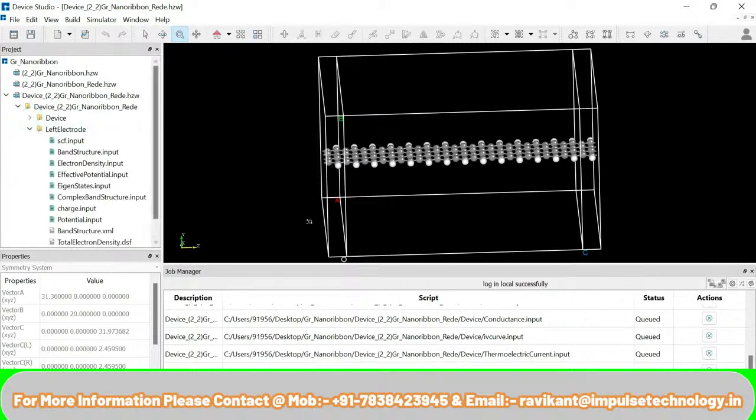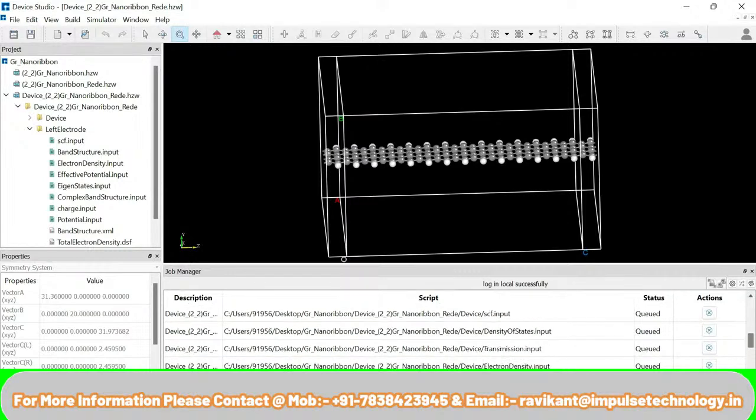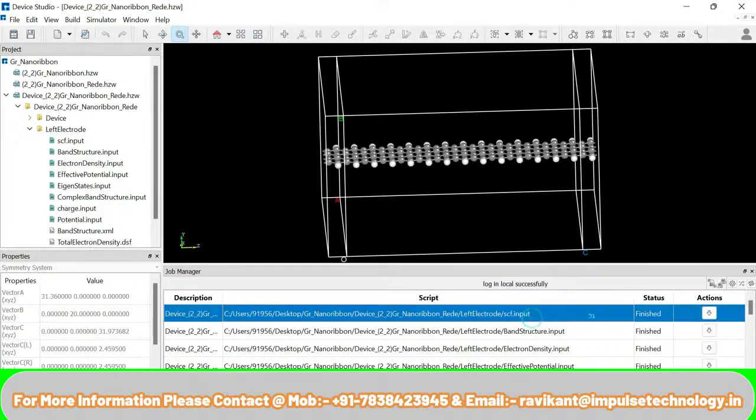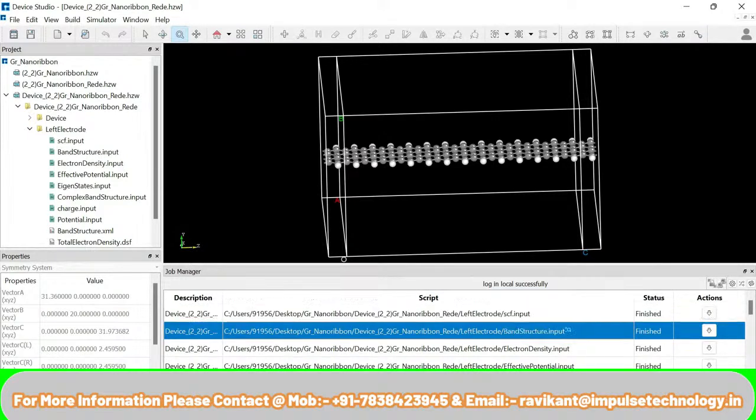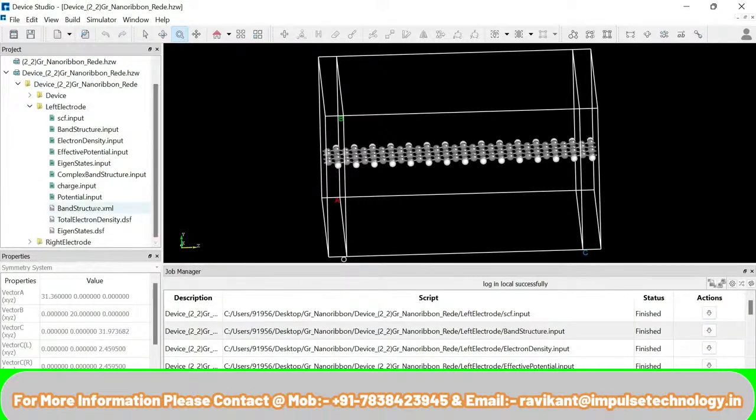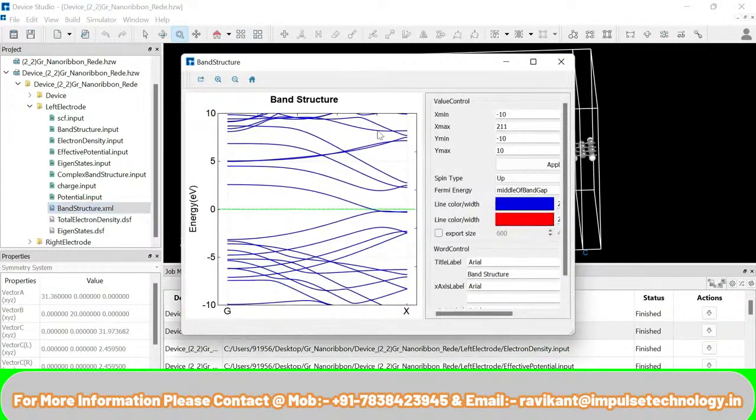Suppose for the left electrode, a few of the calculations have finished. If you want to see the output of the band structure and other properties, let's say for example the left electrode top SCF input file, that has finished the calculations. Band structure has finished the calculations. So we can also visualize the band structure calculations. You can see it is already generated. I can right click and click on show view. This is a band structure